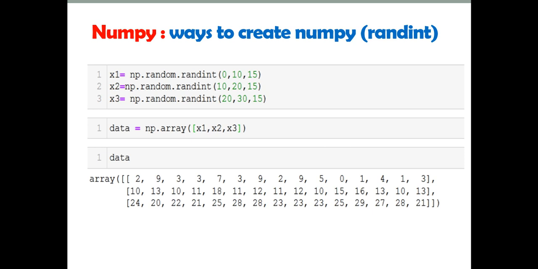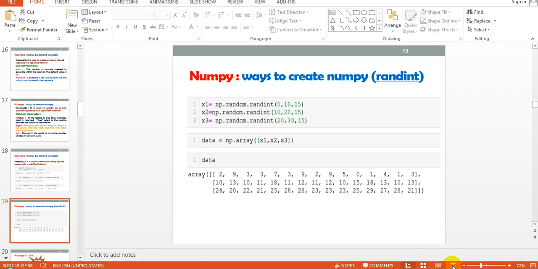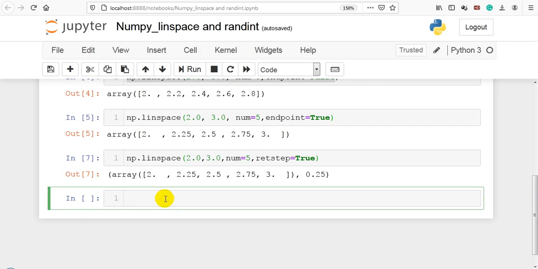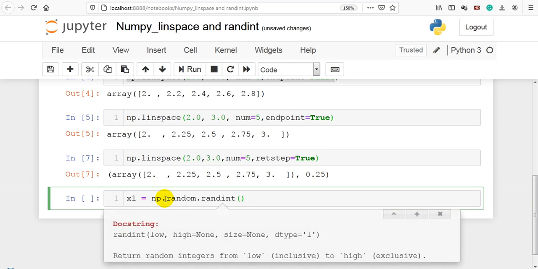np.random.randint. So let me create it in Jupyter Notebook. So here let me use np.random.randint. Again you press shift tab, so it will show you low, high and the size of it.